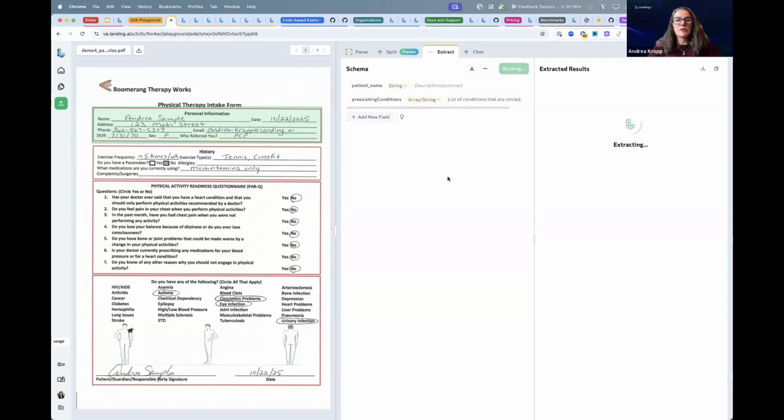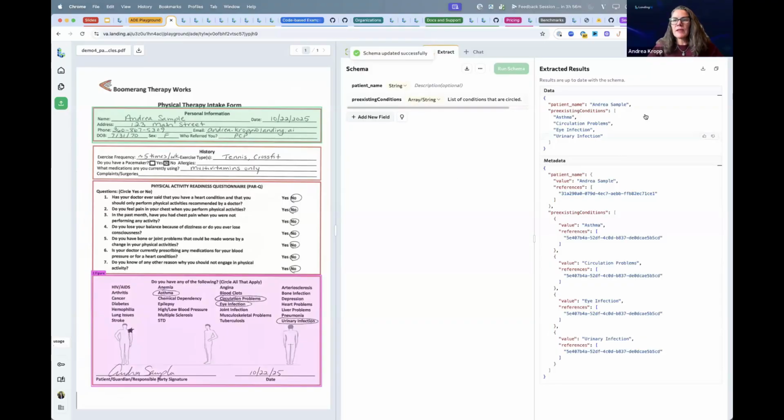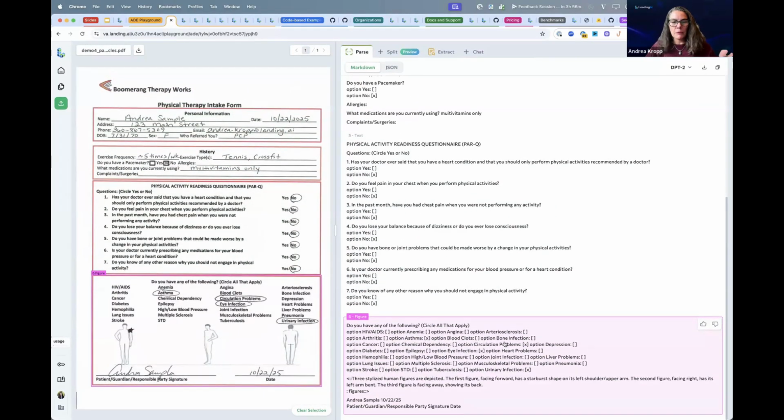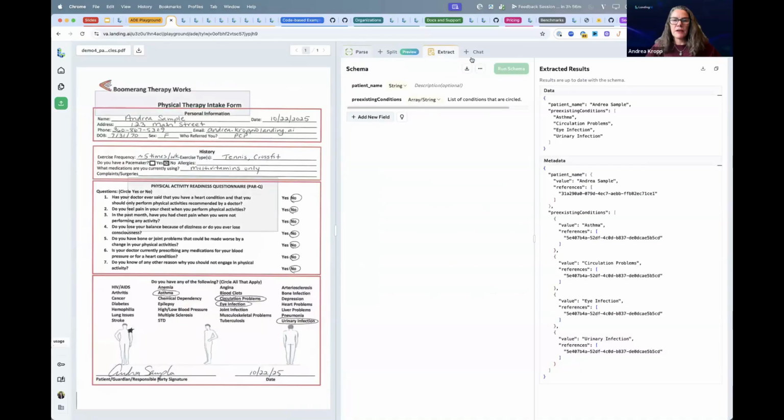Okay, so now we have two items in our schema, and we can pull out just a simple text field, or here with this content which was circled, you saw in the parse response how we had the individual kind of boxes marked, but now in extract, I want to return an array that just has all of the pre-existing conditions. So that is visually correct, right? So this experience allows you to build up your schema visually, and then you can download it for use with